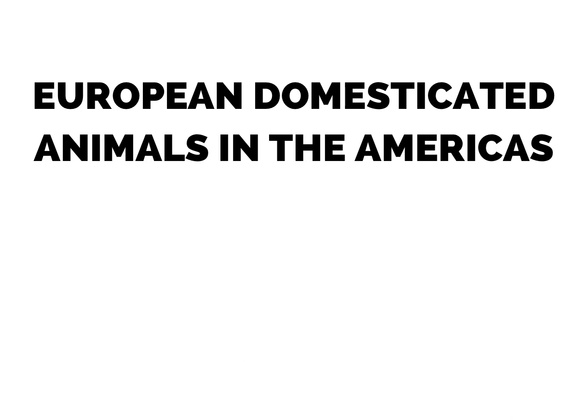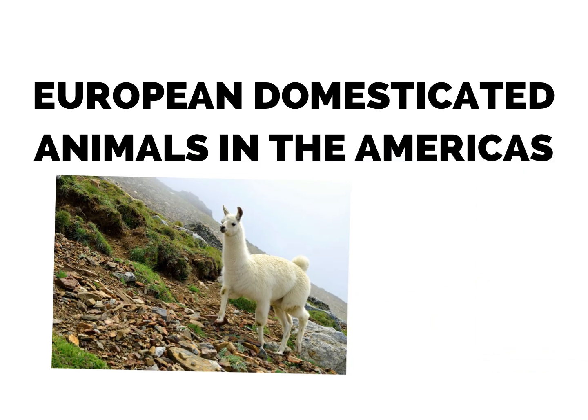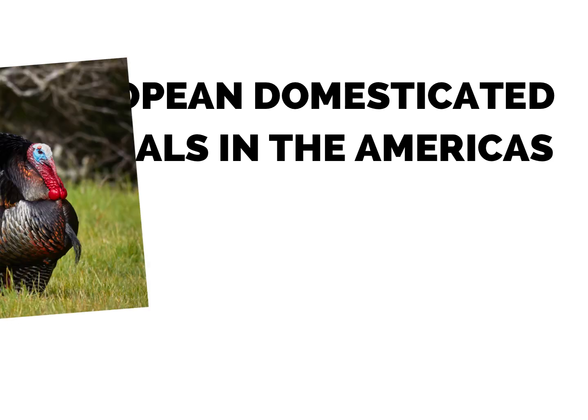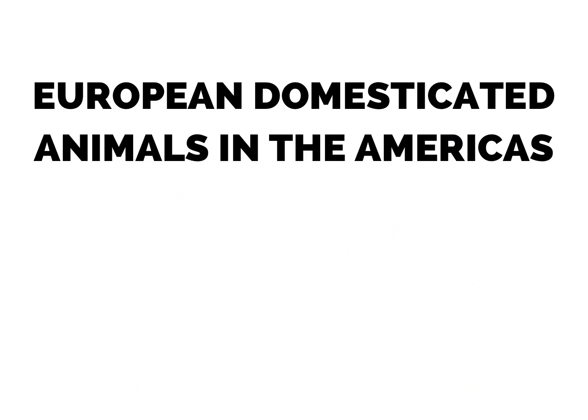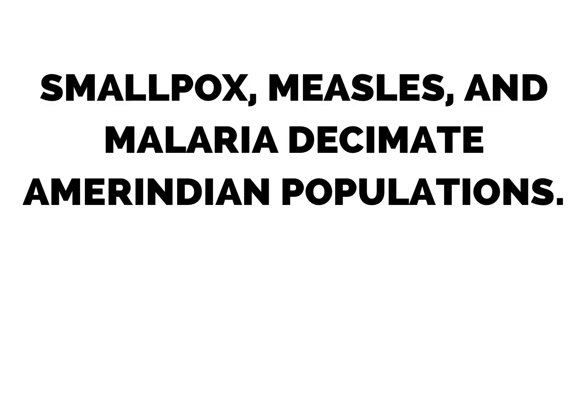So going the other way around, American animals, well, this is the largest domesticated animal in the Americas. It's a llama. So right in South America, they have llamas and alpacas. The Europeans don't want them. They aren't very useful for them, right? They're good for carting small loads on the mountains. The Europeans have horses. They don't need llamas. And then the other one is the turkey. But there are some game birds like pheasants and stuff in Europe. So they're also not very interested in the turkeys. So unfortunately, the last thing that we have to talk about is disease.